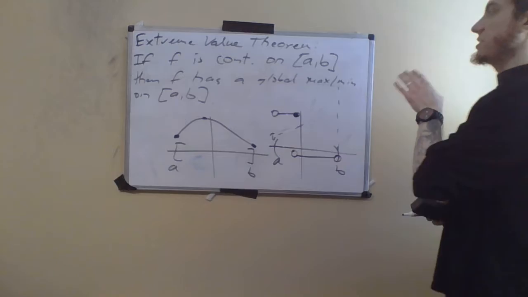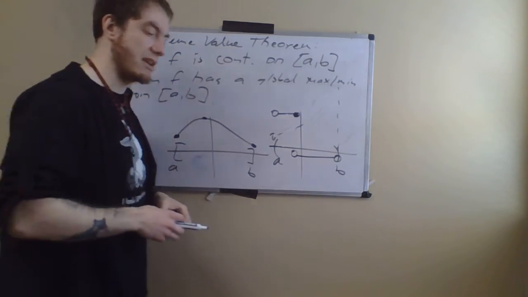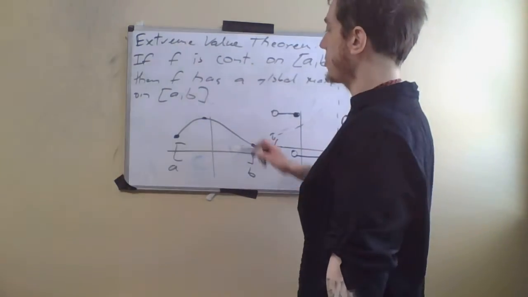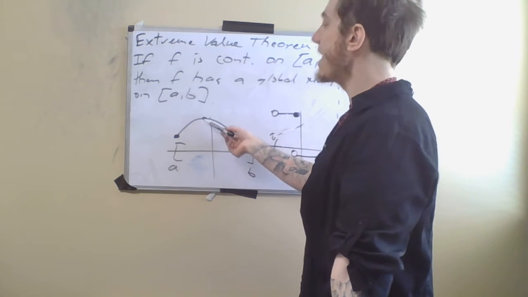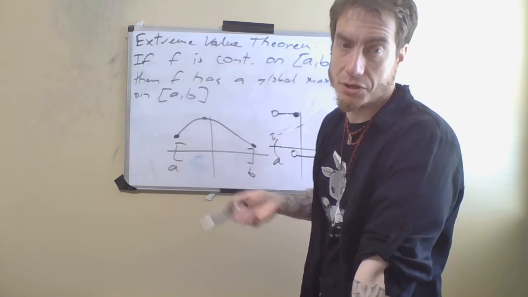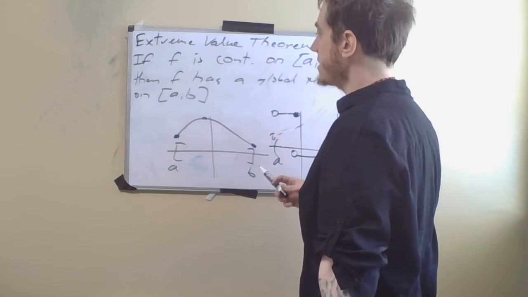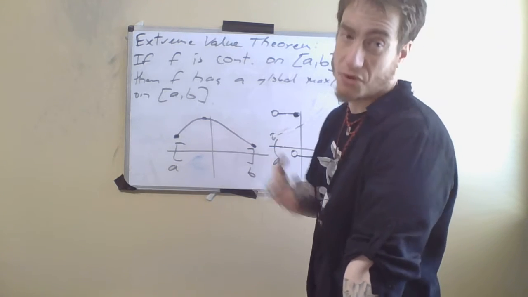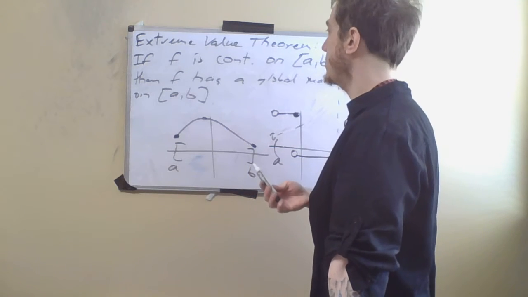And if you're really interested in seeing a proof of this, then you can let me know and I'll direct you to where you can look at more information about it. The basic idea of it is you first of all observe that this thing has to be bounded, okay? And proving that is in and of itself a little bit of a tricky thing. But you prove that this thing has got to be bounded, and then you make use of the fact that there's a few different things you can do at this point, but one of the things that you can do is you can make use of the fact that